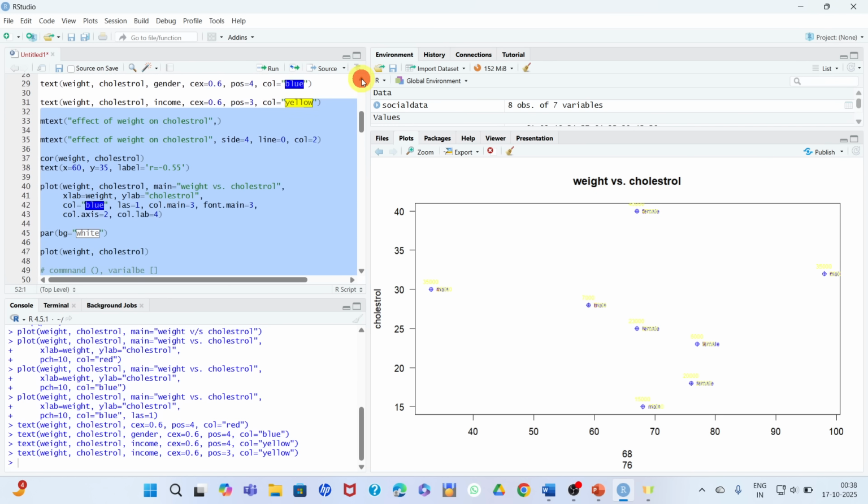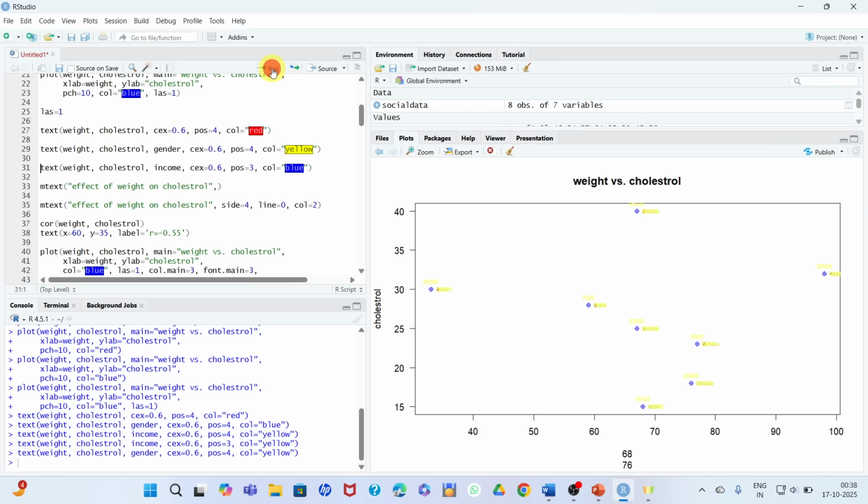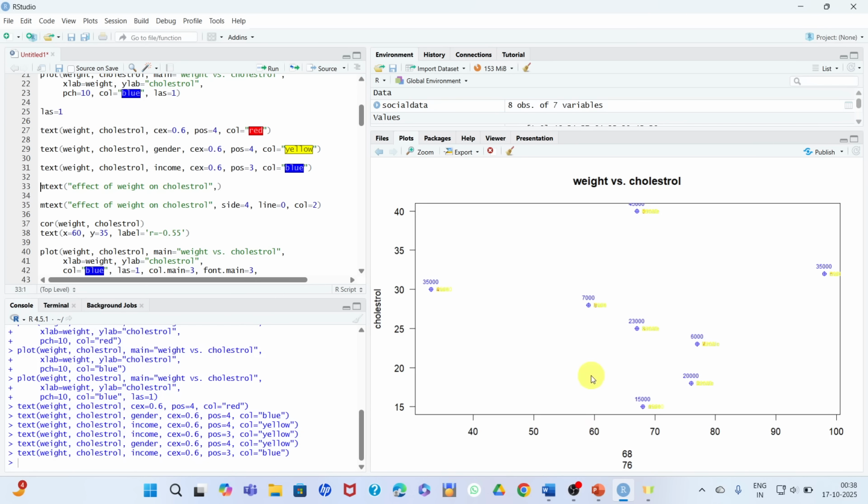Let me change the color so that it is visible to you. Blue, and here you can change white, yellow. Let's again run the same command. Here you can see it is visible.